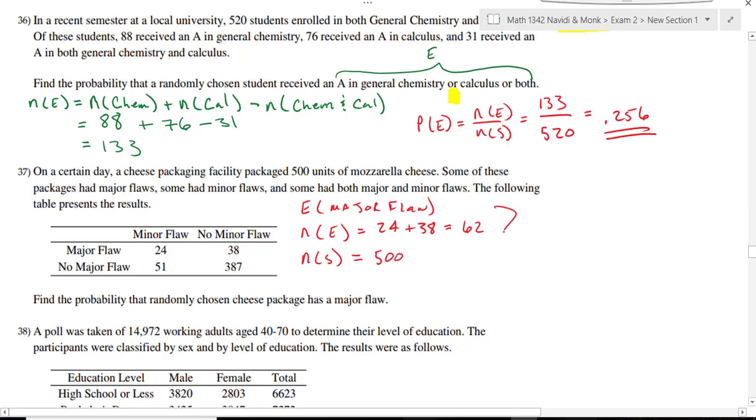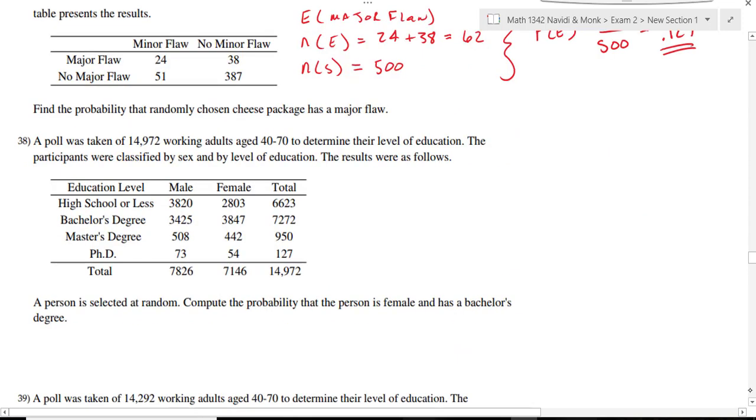500. So the probability of my event is equal to the number of elements in my event divided by the number of elements in the sample space, and what is that going to give us? 0.124. Number 38. A poll was taken of